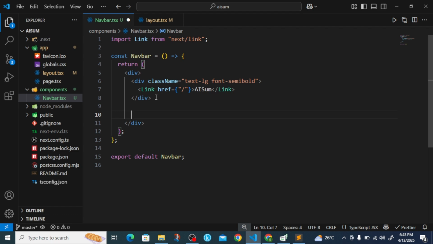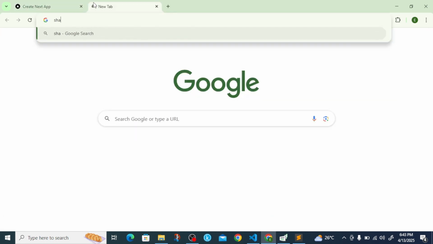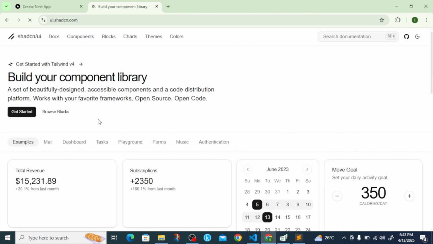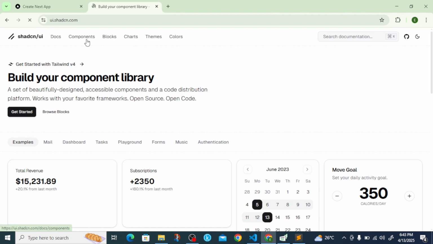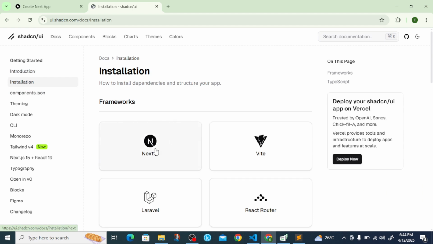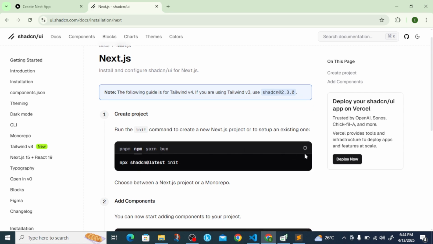The next thing we're going to have is a button, and we are not going to be creating this button from scratch. We're going to be using Shadcn. So let's head over to Shadcn, and then we can go to components. When you are in this place, you can click on installation so that we can install it first before adding components. And we are using Next.js, so you click on it. Now we are using npm, so you click on this one, then you can copy it,